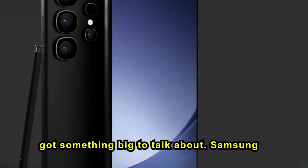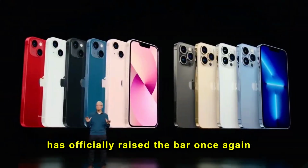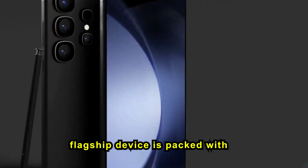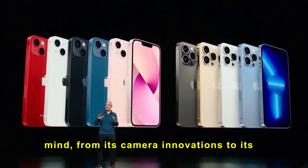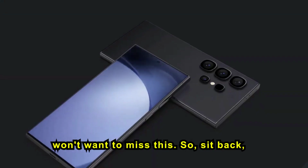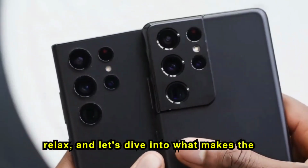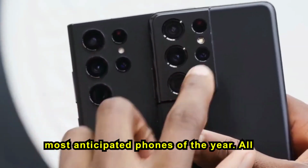Today, we've got something big to talk about. Samsung has officially raised the bar once again with the Galaxy S25 Ultra. This flagship device is packed with cutting-edge features that will blow your mind. From its camera innovations to its insane performance specs, trust me, you won't want to miss this. So, sit back, relax, and let's dive into what makes the Samsung Galaxy S25 Ultra one of the most anticipated